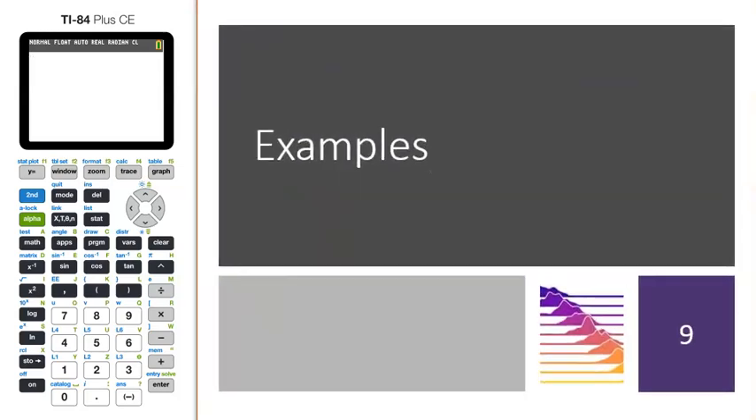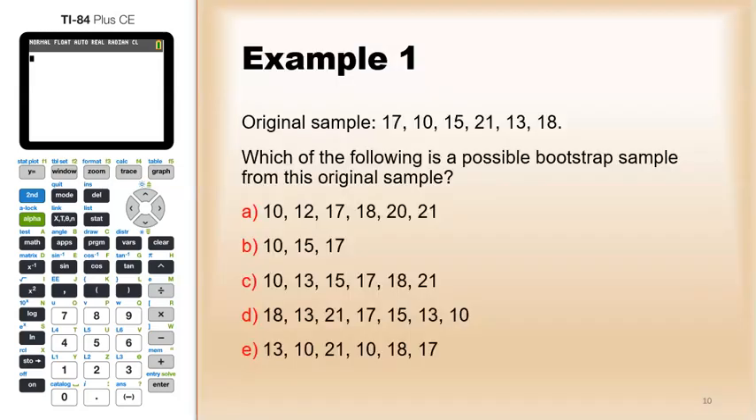Okay, so let's try a couple examples about bootstrapping. First off, suppose the original sample were the numbers 17, 10, 15, 21, 13, 18. Out of the 5 choices you see on the screen, which of the following is a possible bootstrap sample from the original sample? Well, for part A, 10, 12, 17, 18, 20, 21, that is not going to